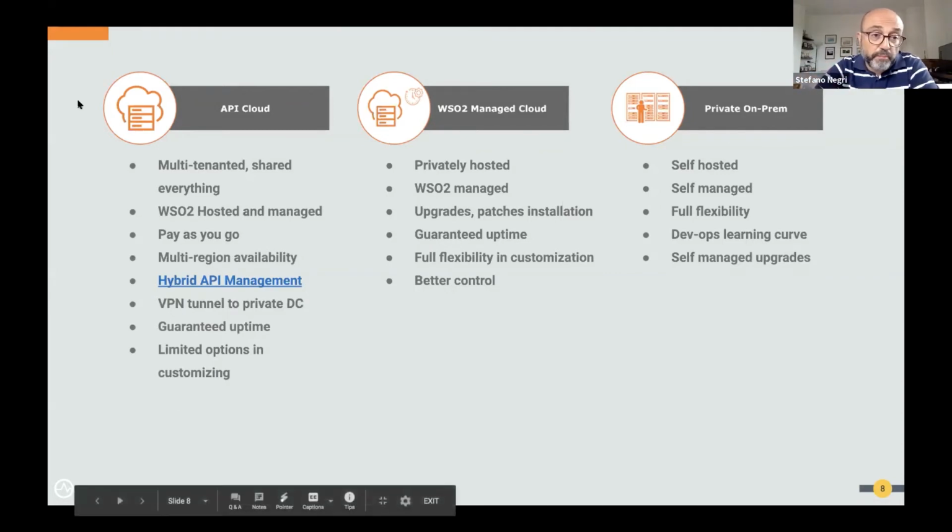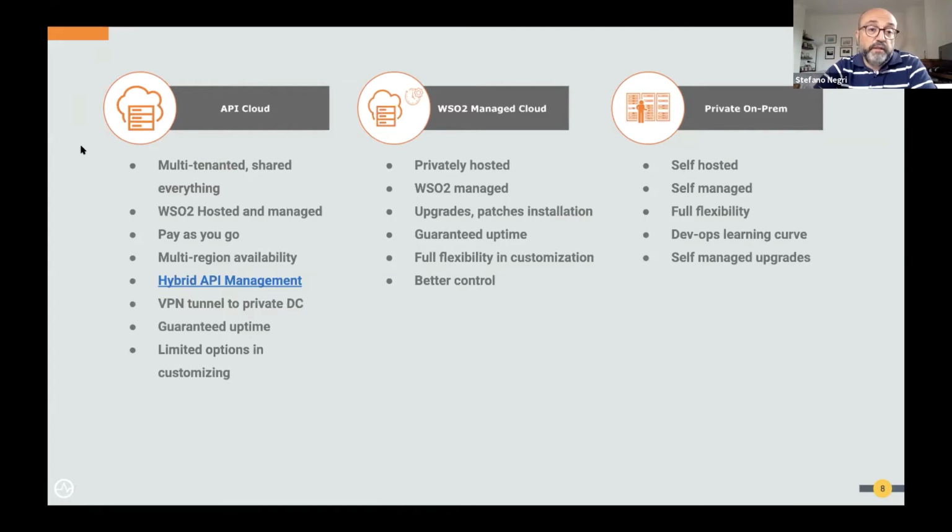So, for example, you can rely on the WSO2 multi-tenant shared API cloud, which is completely hosted and managed by us. So you don't have to care about the installation, fixing, etc. This is completely handled by WSO2, and what you have to do is to use the services, create the services on top of the infrastructure, use it, and pay. You will pay according to what you use.